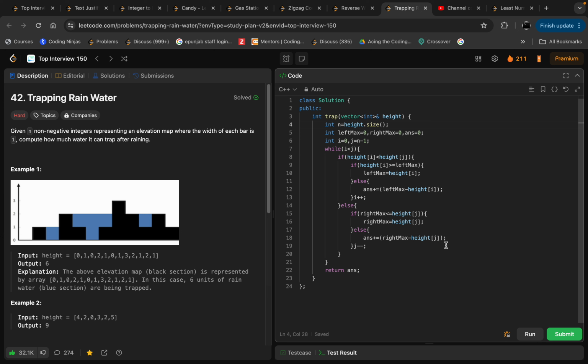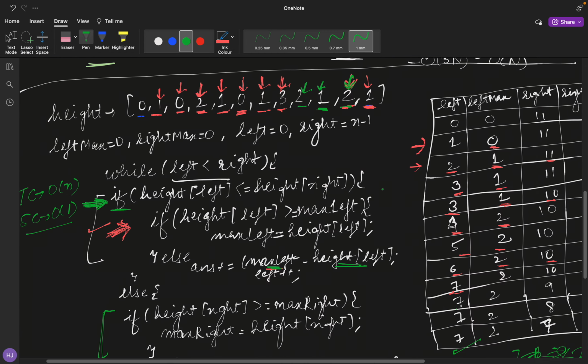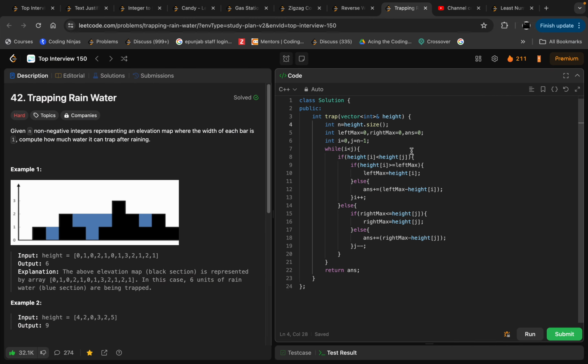So I'm checking that there exists a difference of height. It is strictly less, but I've also gone for less than or equal to, but it doesn't make any difference. And I am keeping track of whether my indices are in bounds or not, and I am updating my answer accordingly. So now let's run this solution,